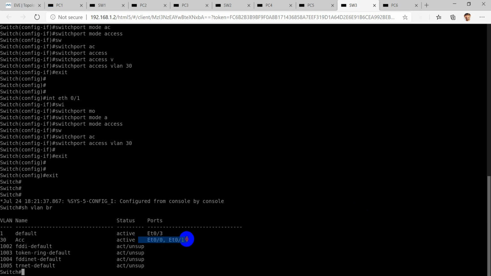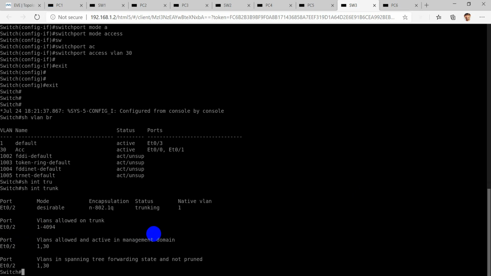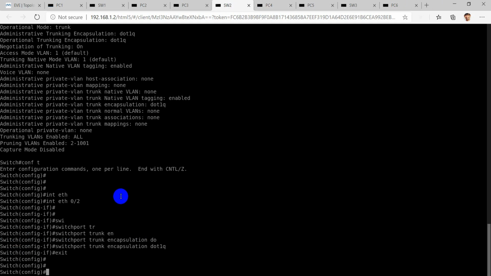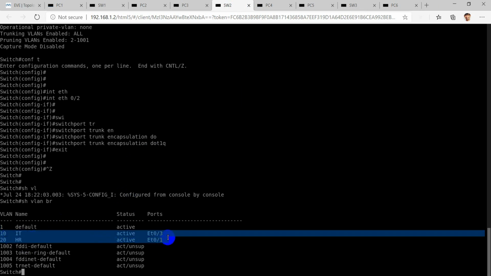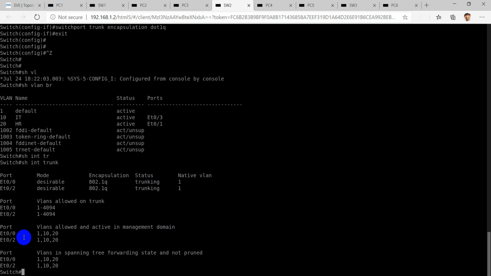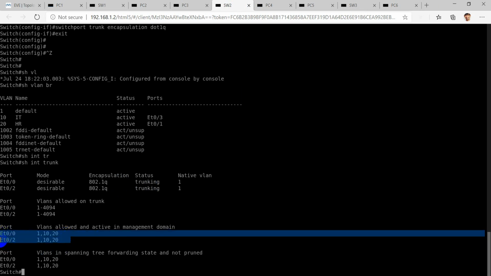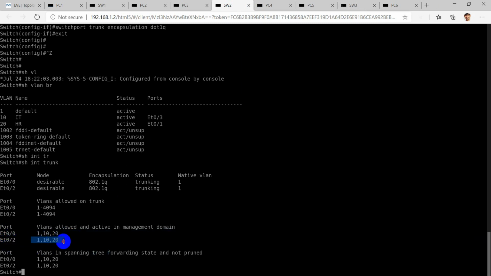As you can see, these two ports are now assigned to VLAN 30, and the trunk interface, that is 0/2, only has VLANs 1 and 30. On the other switch's trunk interface, it has allowed VLANs 1, 10 and 20.